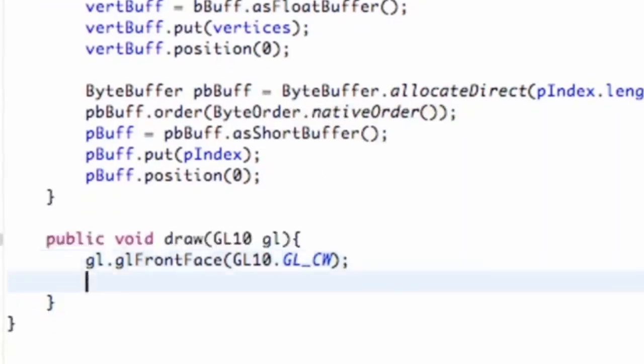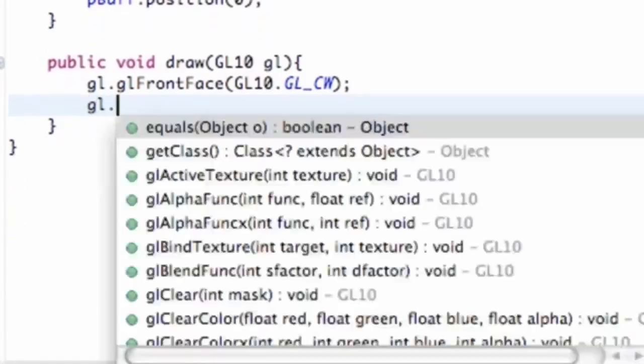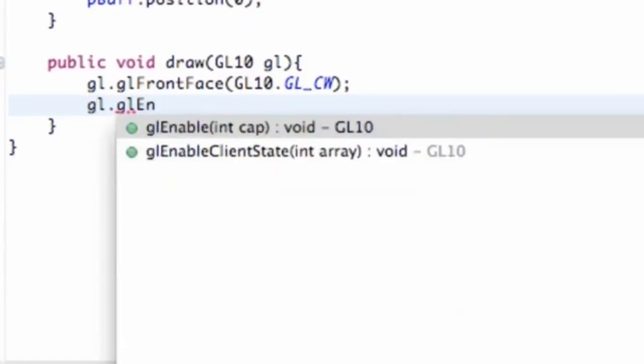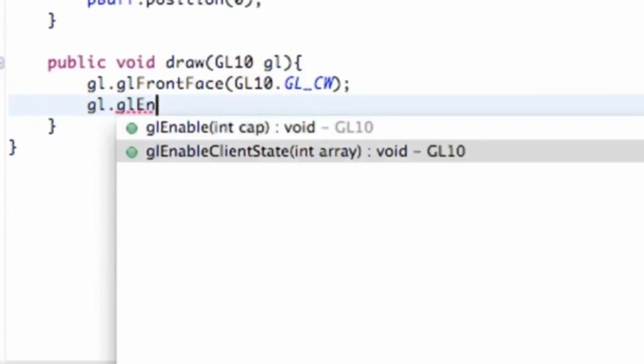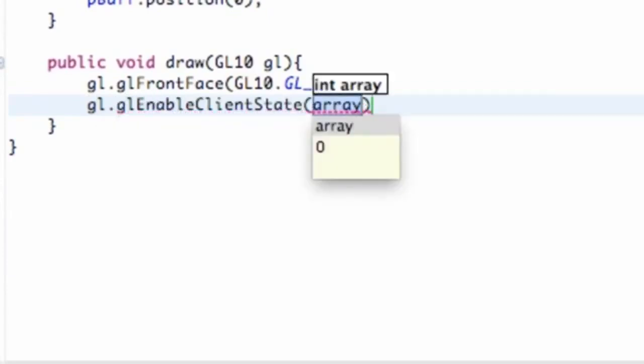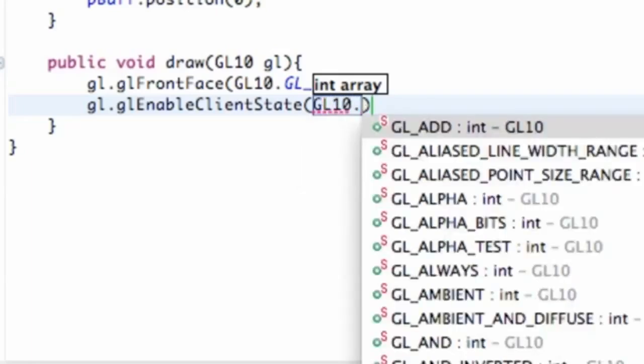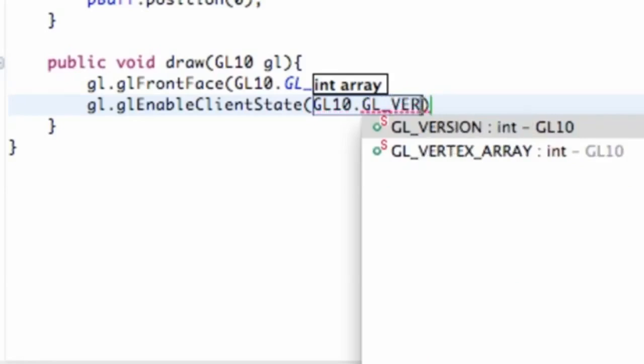So what we're going to do is say GL.glEnableClientState, and as you can see, it takes an int array within it. But again, we're just going to relate to the GL10 class, and you're going to get familiar with relating to this class when you start programming in OpenGL. And all we're going to do is say dot GL_VERTEX_ARRAY,